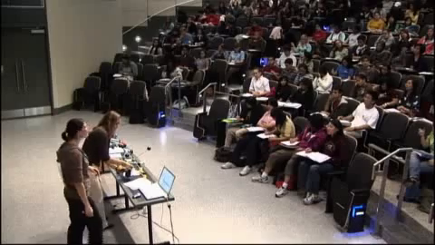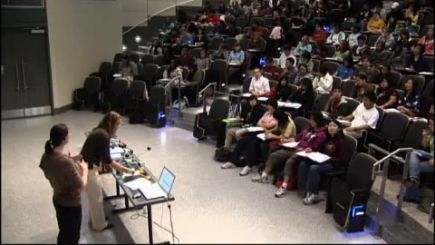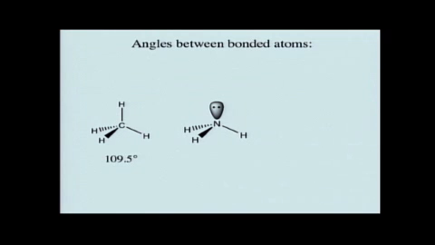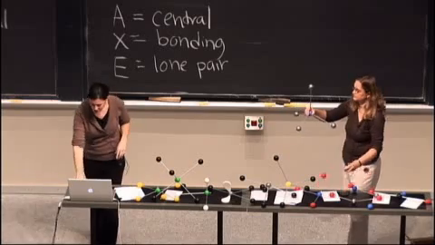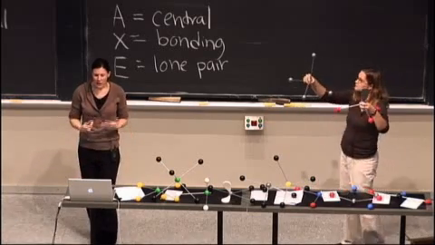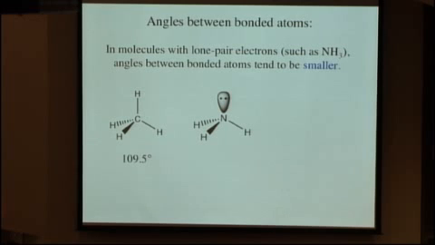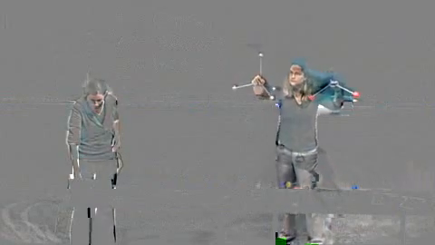All right, so let's talk a little bit now about what the actual angles are between bonds when we have these lone pairs present. And remember, what we said is when we have a lone pair of electrons, they actually are going to have more repulsion than if we just have a CH bond or a bonded pair of electrons. So essentially, what that means is that in molecules that have lone pair electrons, so for example, if we look at NH3 or ammonia versus methane here, and Professor Drennan is showing those models to you here, what you end up seeing is actually that the